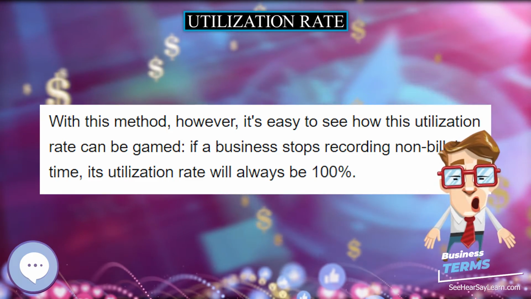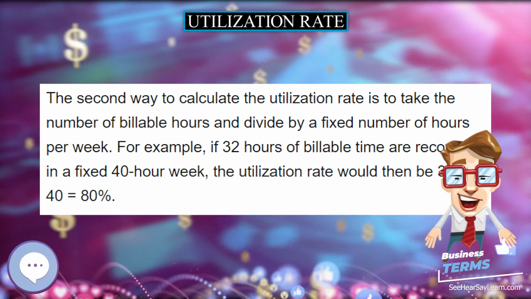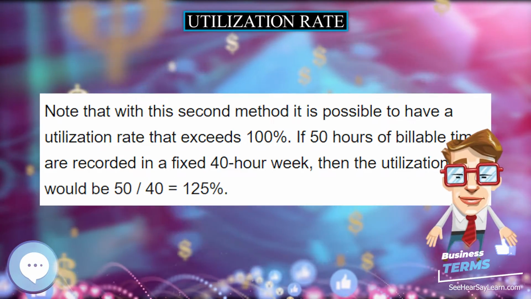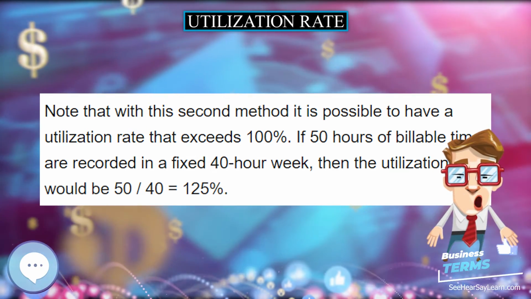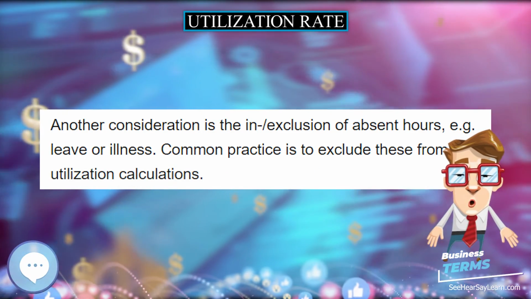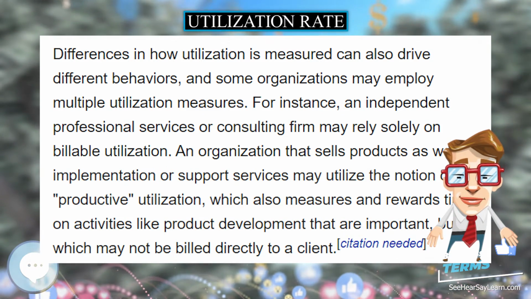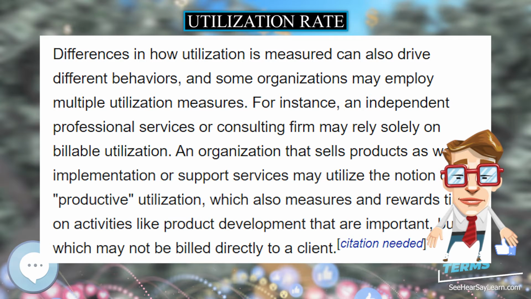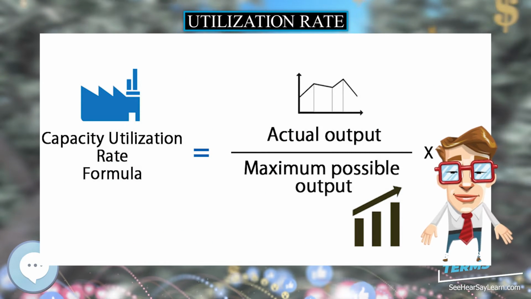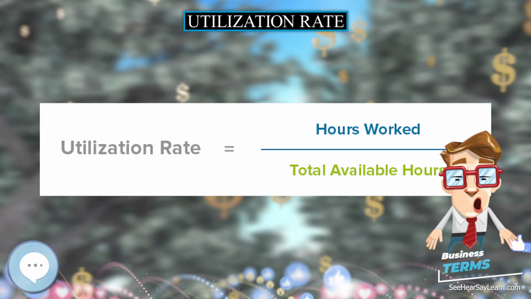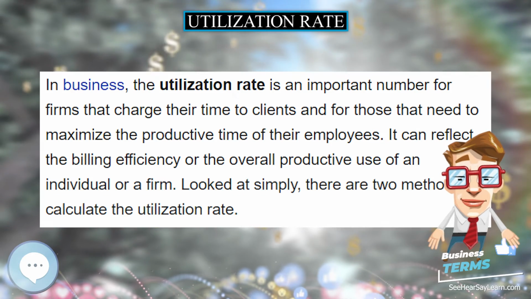The second way to calculate the utilization rate is to take the number of billable hours and divide by a fixed number of hours per week. For example, if 32 hours of billable time are recorded in a fixed 40-hour week, the utilization rate would then be 32/40 equals 80%. Note that with this second method it is possible to have a utilization rate that exceeds 100%. If 50 hours of billable time are recorded in a fixed 40-hour week, then the utilization rate would be 50/40 equals